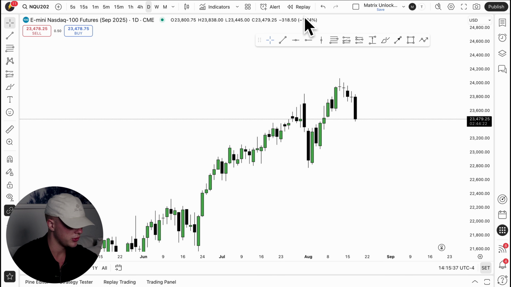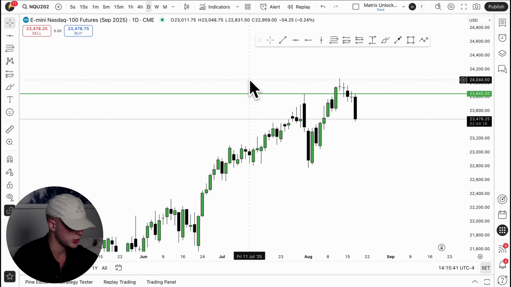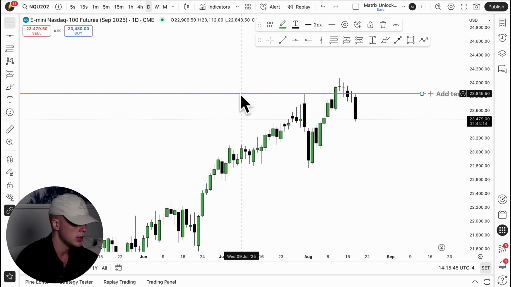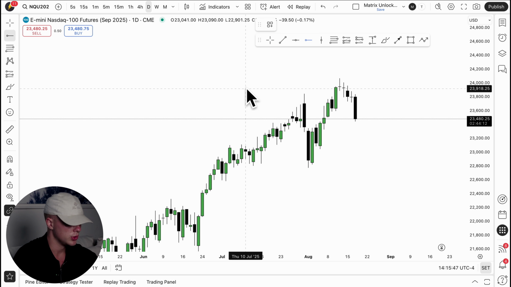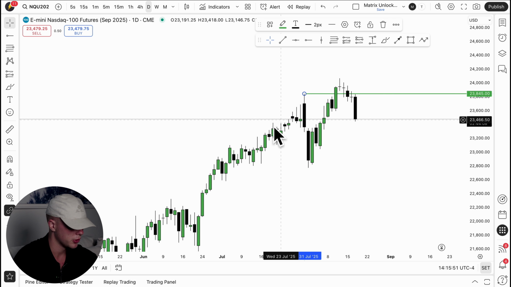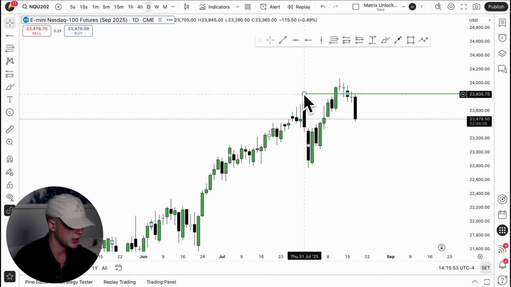Now, after we have used the trend line tool, we can use the horizontal line tool. This just plots a horizontal line which is automatically extended all the way to the left and right. We can also use the horizontal ray. What this does is plot a line from a specific level, which you can then extend to the right from that specific high or low that you're annotating. I like to use that from time to time.